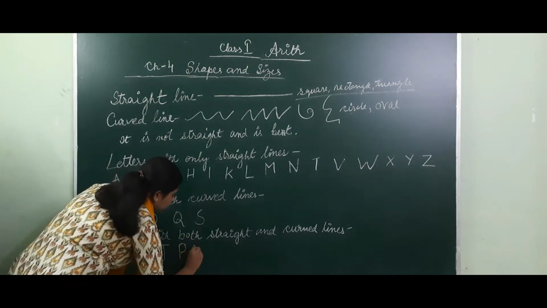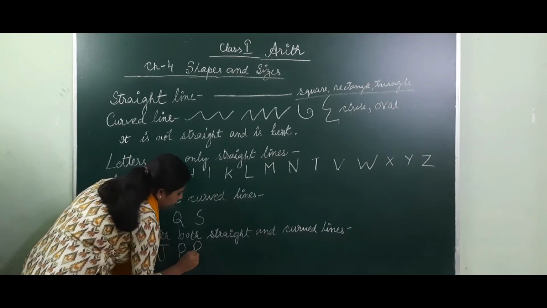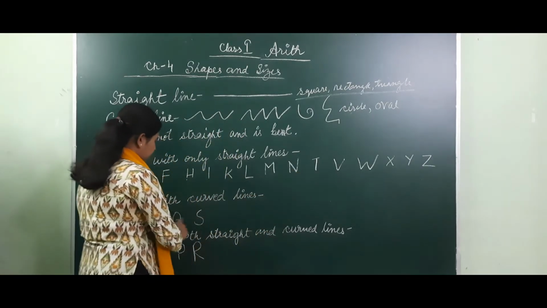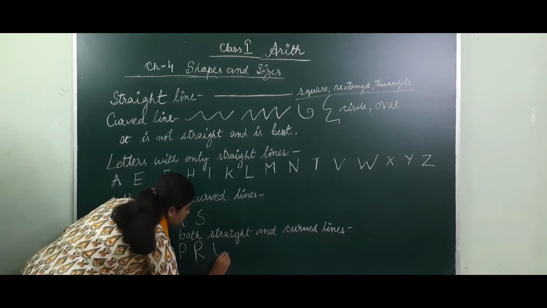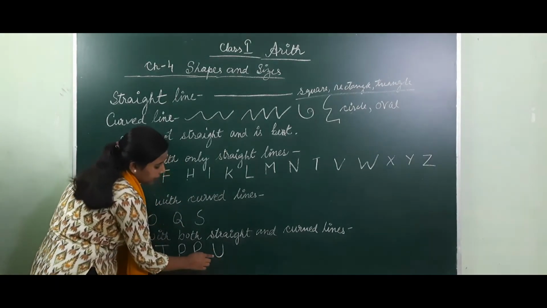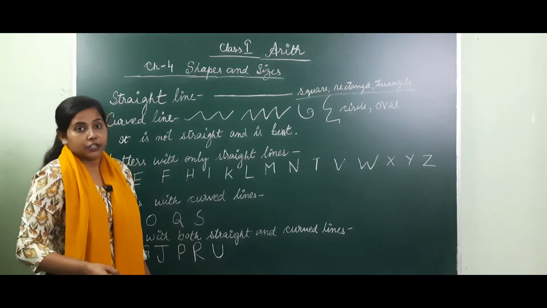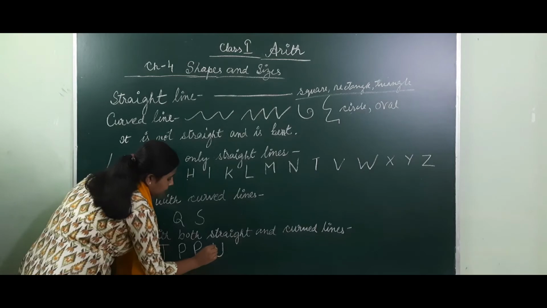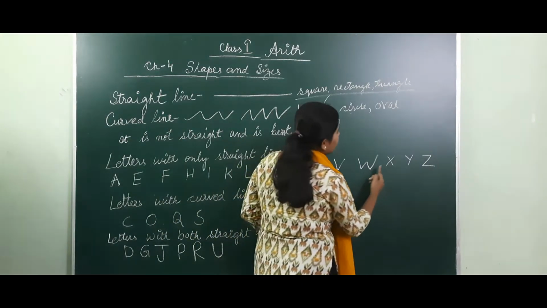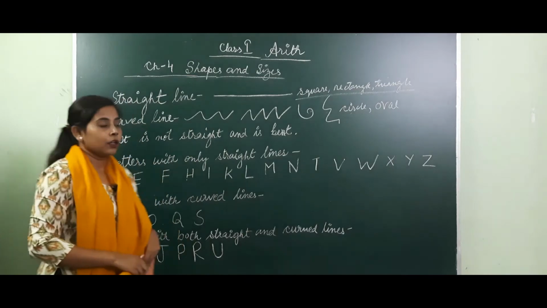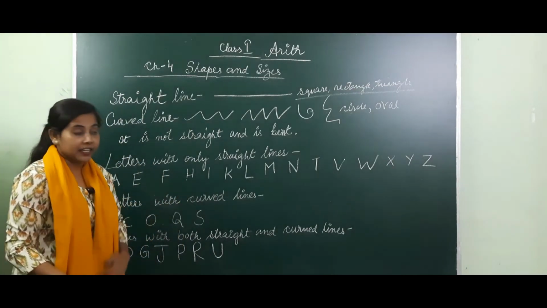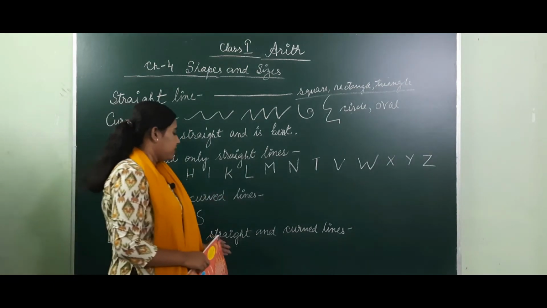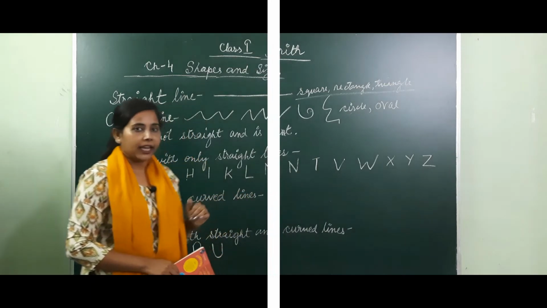R. One straight line, again we are using here a curved line, again straight, R. S, T. Then U. Two straight lines and we are adjoining these two straight lines by using one curved shape. It becomes U. Then V, W, X, Y, Z. So these are the English alphabets which are written by using straight line, curved line, and also by using straight as well as curved lines.